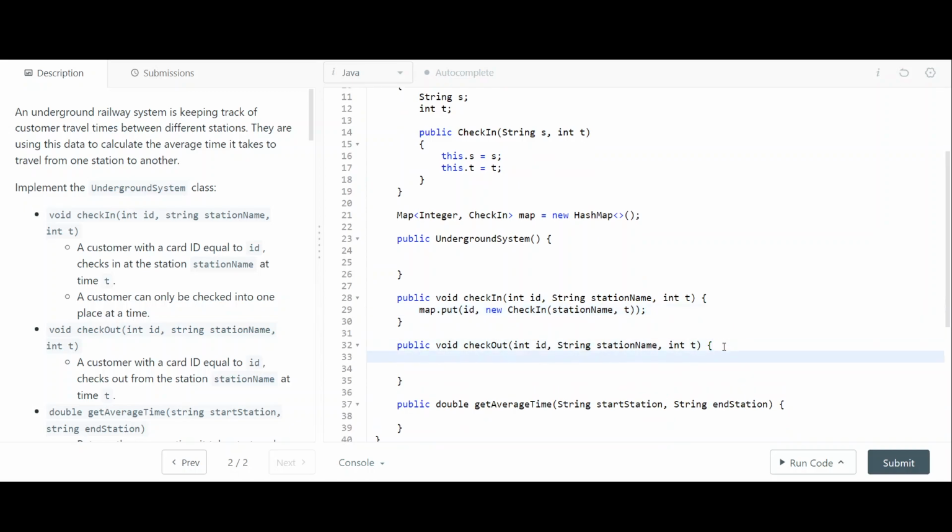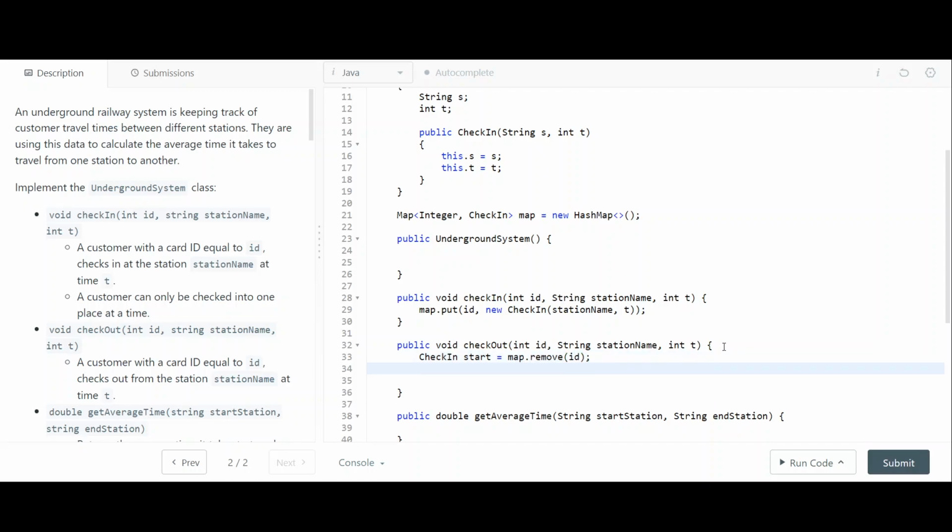Well, if you're checking out, that means you would have checked in, right? So remove this guy, and now you get